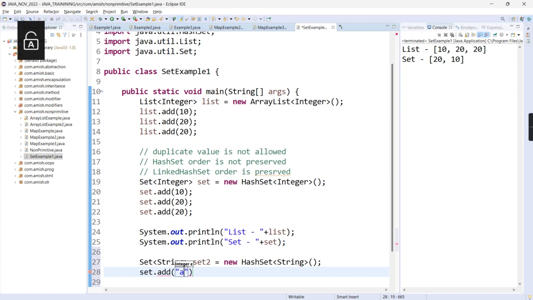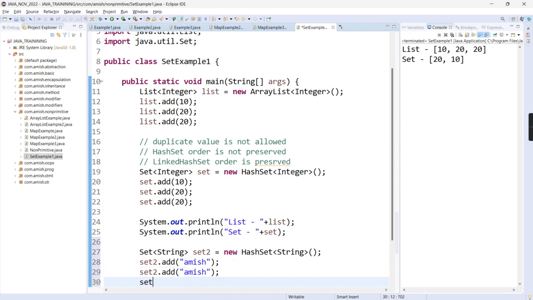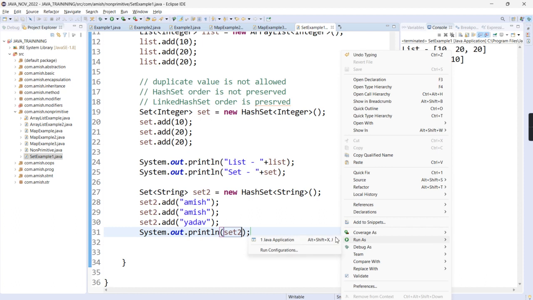So first I'm adding this value, right? Sorry, set2.add. Now I'm adding this one, set2.add. Okay, so I have these three values. Missed this one, yeah. System.out, set2. Okay, if I run this program,